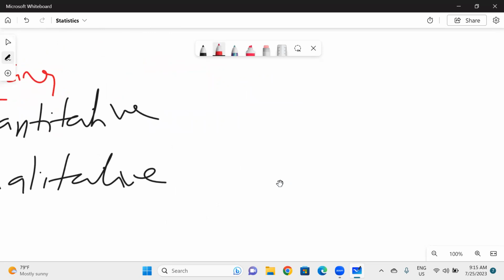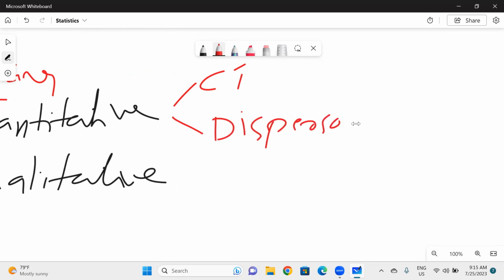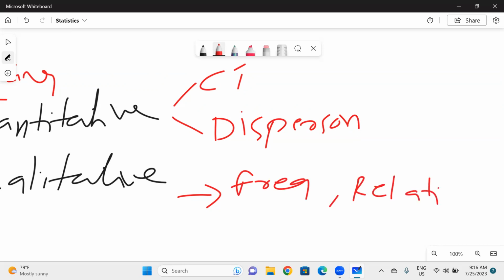When I'm talking about quantitative data, we can summarize it in two ways. One is the measure of central tendency. The second one is the measure of distribution or dispersion. With the help of these two techniques, any quantitative data we can summarize. And for qualitative data, we have only one option to summarize, and that is a frequency table or else a relative frequency table. Clear, right?